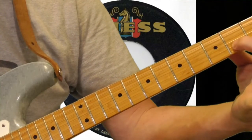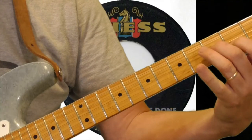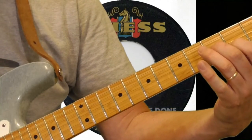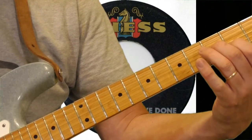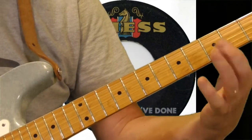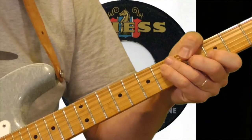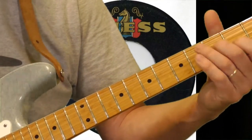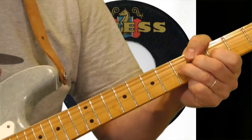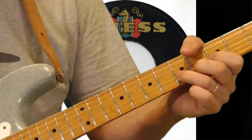I've got my 1st finger on the 2nd string at the 2nd fret, and my 2nd finger on the 3rd string at the 3rd fret. And then I'm picking the 3rd string first and sliding to the 4th, and then picking the 2nd string at the 3rd fret. Kind of like that. Does that 2 or 3 times, I think. And then this real slow, I think he might do it twice,